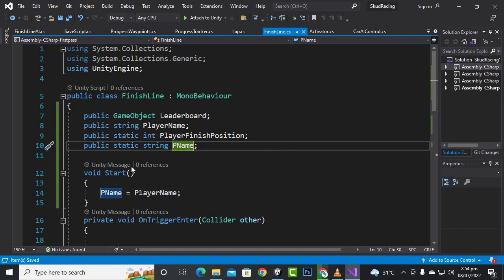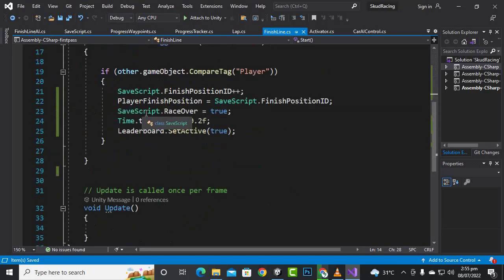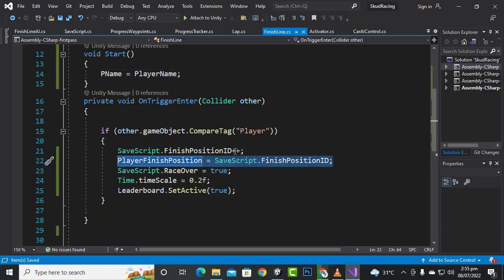So here in start function we are making p name equal to player name, and then on the trigger enter function we are making this line of code here. After this finish position id we are making player finish position equal to save script dot finish position id, and then finally after this time scale we want to show the leaderboard,